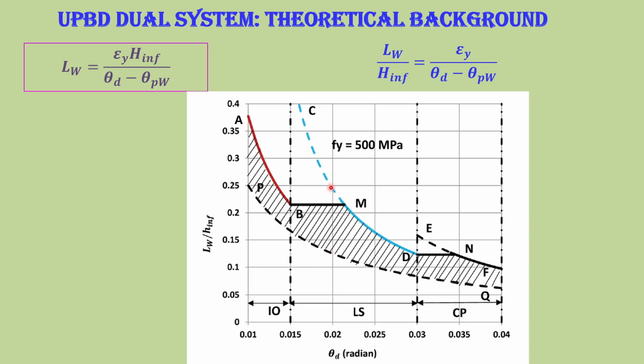Now suppose the building you have chosen is an LS building, and LW by H inflection is 0.25, you are here. So if you design a building for LS with this LW by HINF ratio, that is a certain value of LW, then you are getting an LS building, but with the same depth you can also get correspondingly here the IO building. So why should I put extra cost in the LS building which can give me directly an IO building? So this part I shall consider as only IO, and this part we shall